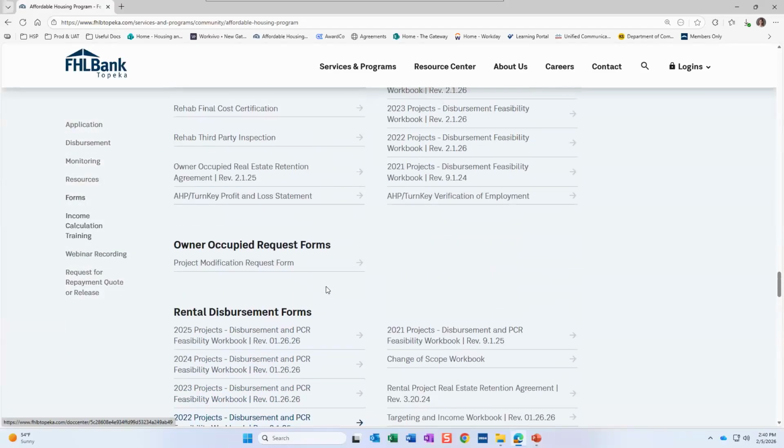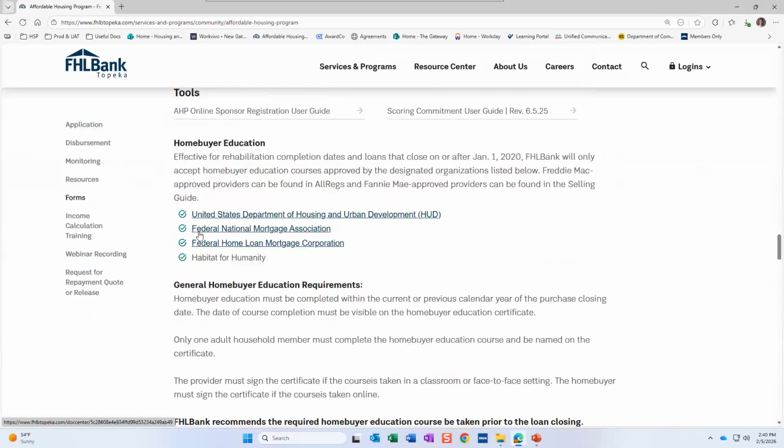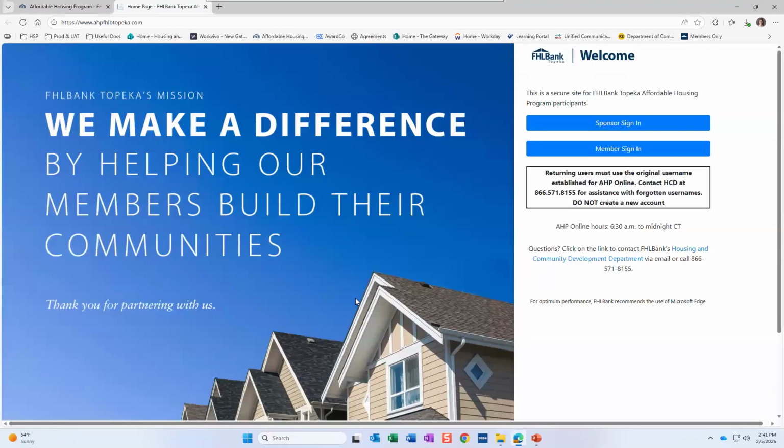The way to get into AHP Online, again, there are multiple links throughout the website. I just look for the first one and click on it. When you get here, again, you can't bookmark this page, so you can just go straight here instead of going to the public website. Please make sure, assuming that you are a sponsor organization, that you click sponsor sign in. The member sign in is for your member bank. Unless you are part of the member bank, if you try to use the member sign in, it'll tell you that your login credentials are invalid. So please make sure you're signing in as a sponsor, assuming that you are part of the sponsor agency and not the member bank.